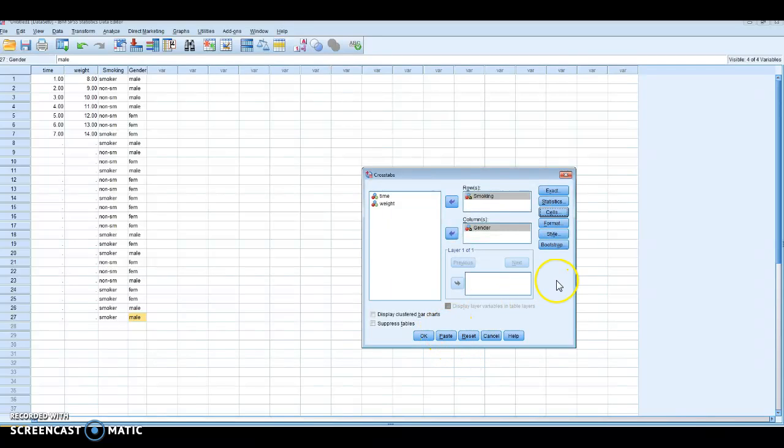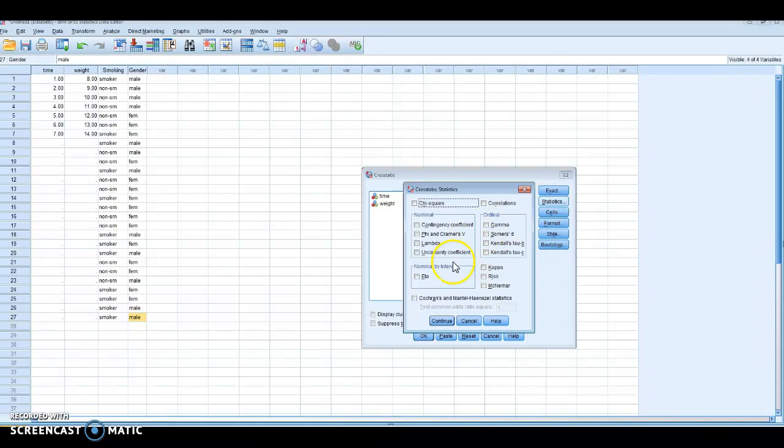Click continue, and we also want to look at statistics. Now the reason is this: with a chi-squared test we can see whether or not there may be some association between our two sets of variables. However, we don't know how strong that association is. If we want to do that, we need to carry out an additional test, which is why we're clicking on statistics now. And if you come down here, apart from clicking on chi-squared itself, you also need to click on